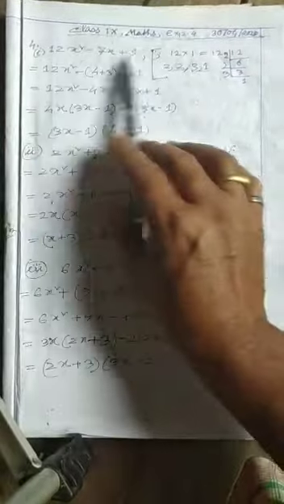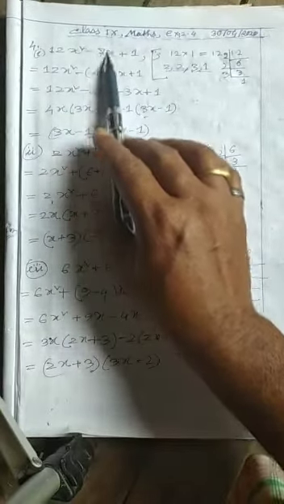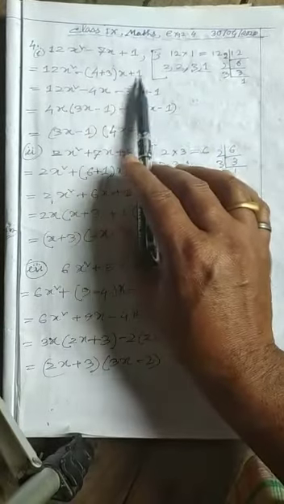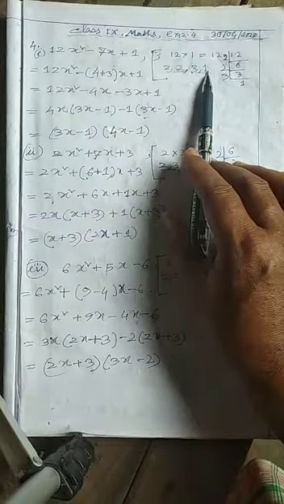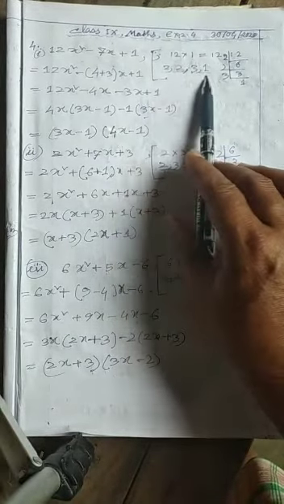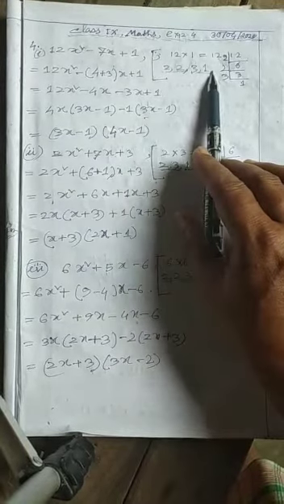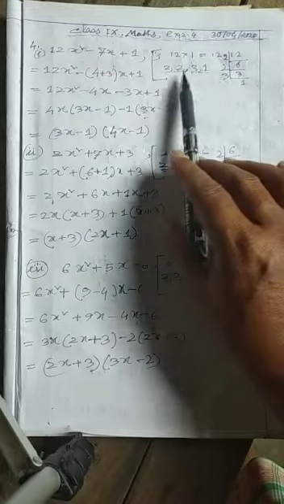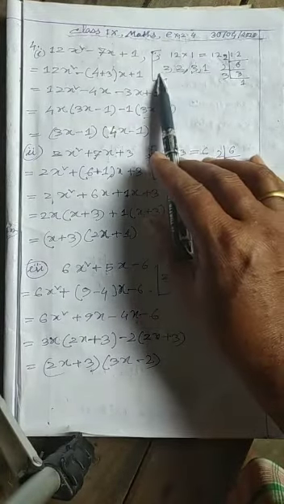Now you write this line here: 12x square minus, give a bracket, don't write the number here, x plus 1. Now from these factors we'll make two groups. Suppose one group is this one, and another group is this one. You have to multiply the factors of one group. 2 times 3 is 6, 6 times 1 is 6.